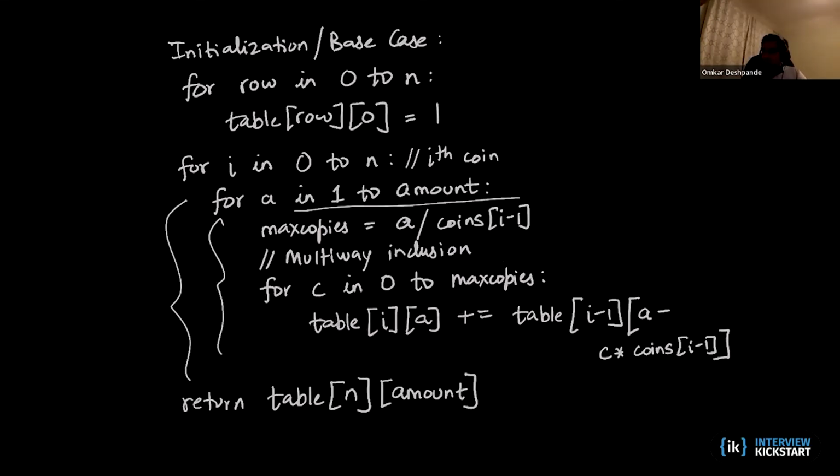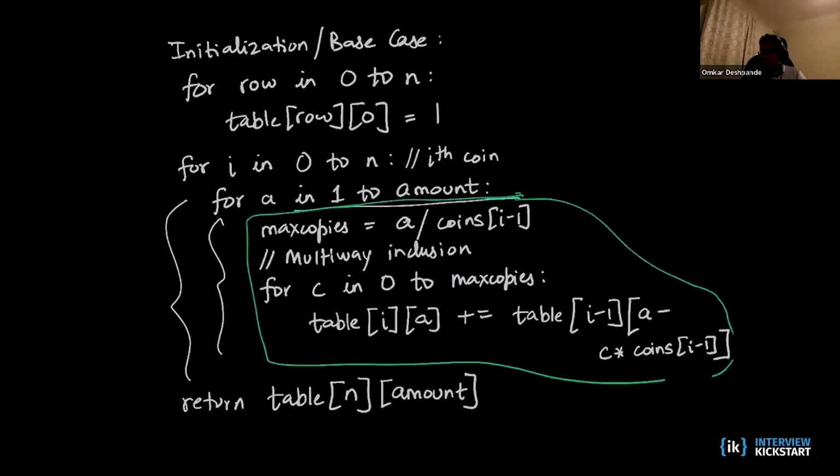But instead of doing this, figuring out what's the maximum number of copies I need and so on, I just make an inclusion exclusion choice. So what is my exclude choice? My exclude choice is that the value in table I comma a is just going to be the value in